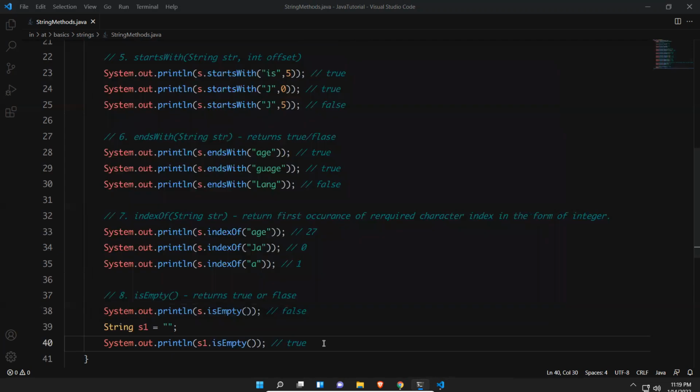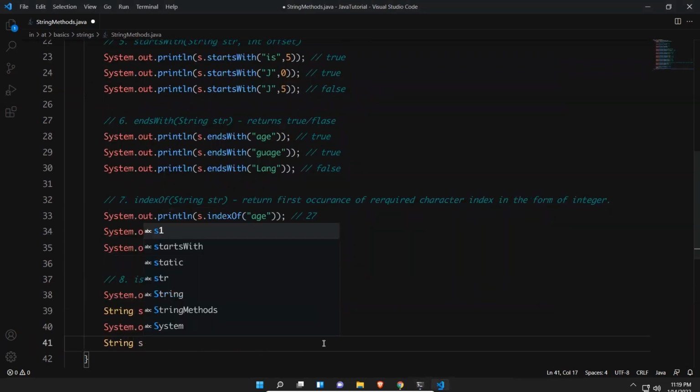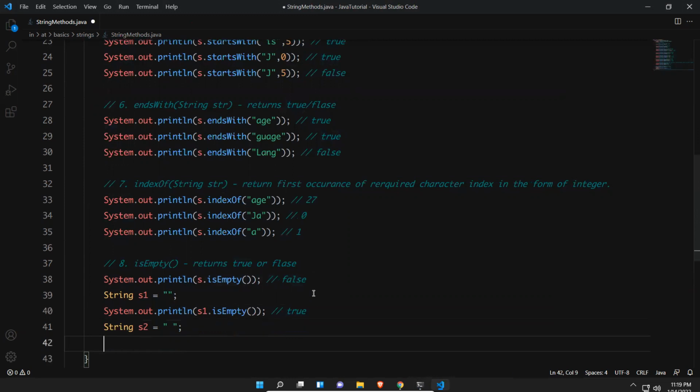You see that? True. But if you take another example, String s2 equals the same double quotes, but I'll give a space. That's it. This space is also considered a character. Because of that, you will get false only. s2 is not an empty string.